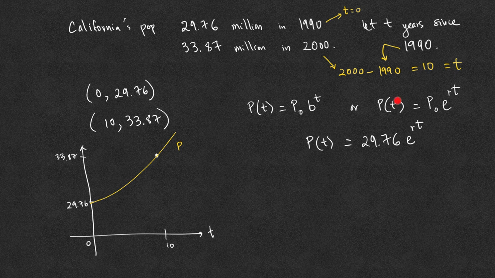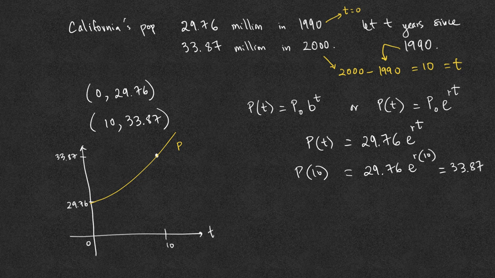Finding this equation is to find the parameters P naught, which we found already, and r. We're going to use the second piece of information to find r. If we plug in 10 into this equation, replacing t with 10, then the outcome needs to be